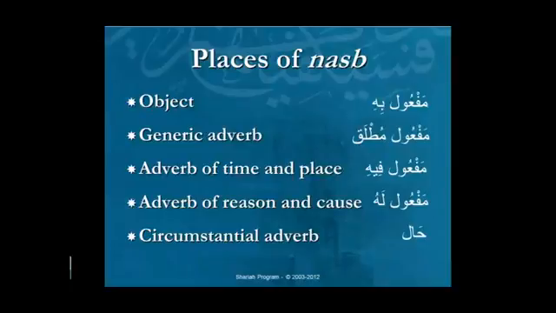So we have 5 added to the previous 4. Our number is now 9, and added and including the previous 2, the jar ones, we're at 11. We're at 11, and most of these are related to the verbal sentence. All 5 of the ones that you see on the screen right now occur in verbal sentences. Fa'il, naib fa'il also occurs in verbal sentences. Mubtada and khabar don't. Mubtada and khabar are the 2 halves of the nominal sentence. What else can happen in a nominal sentence?